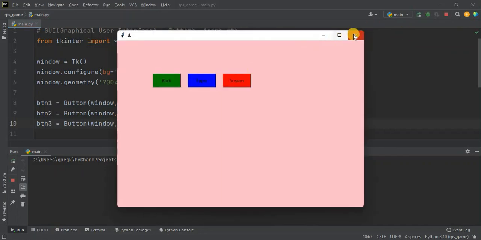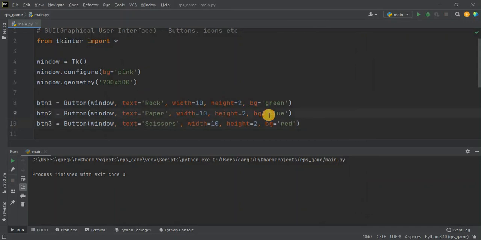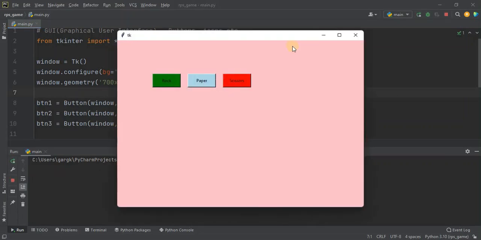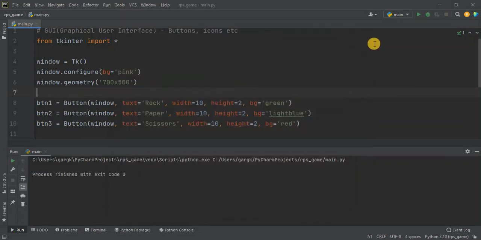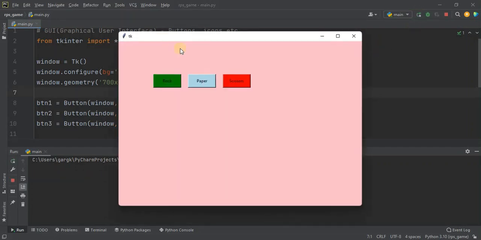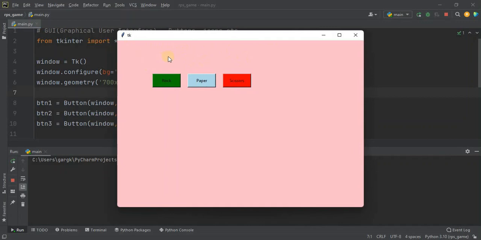Okay, now we are getting to see nice colors, and you know what? I can change this to light blue because dark blue is not looking nice to our eyes. Okay, now it's looking perfect. Now what I can do before writing the logic is that I can have a title on top of it. Like I will have a title over here and it will say rock, paper, scissors.